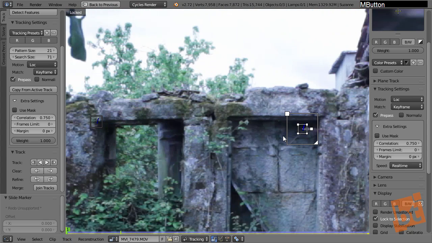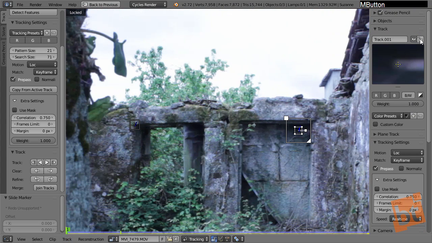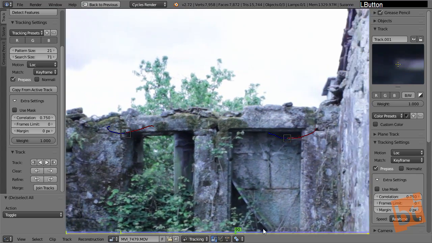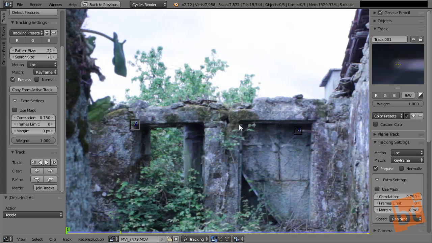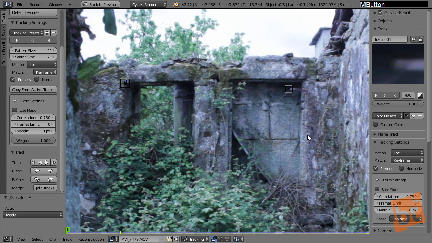So let's see how to do that. But first, let's lock this one. And now we have two markers. We could have more, but I don't recommend you to have a lot of markers used in the 2D stabilization, because what will happen is the Blender kind of will make an average of several points, and when you make an average, you probably get a different point or whatever, and overall what you shouldn't use is markers in different